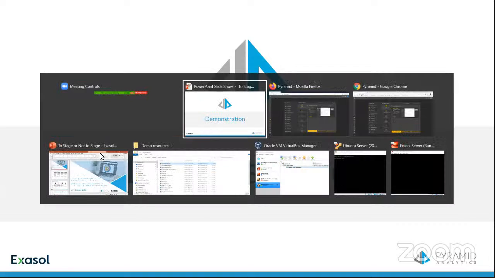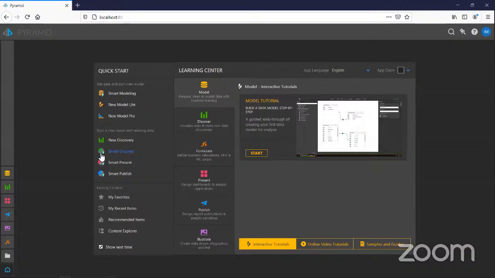Now, I'm actually going to play two roles today. The first of which is that I've got Pyramid running here. I've connected to it using Firefox in this case. Pretty much any HTML5 browser will do very nicely. We use Chrome though as our reference browser. Obviously that's the one where we guarantee things to work. Most of the others will work pretty well. But again, if you hit any glitches, let us know and we can fix those.